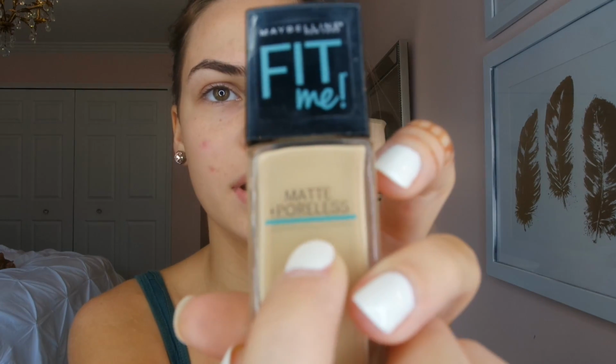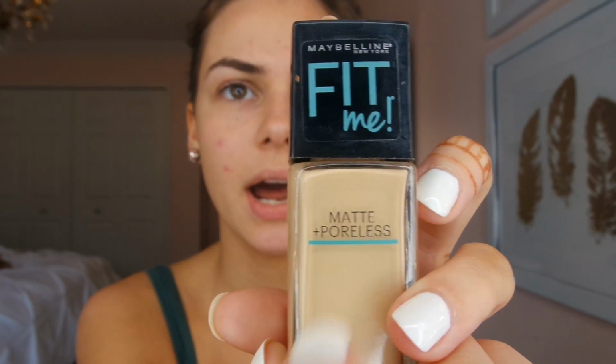And then another favorite, which I kind of put hand in hand, is from the drugstore. It's kind of like a dupe. This is the Fit Me Matte and Poreless. And don't be tricked, there are two Fit Me foundations. This one is the Matte and Poreless, and you can see it has the blue writing on it. Even though it says matte and poreless and then down here it says normal to oily skin, I do not agree with that. I think this is awesome for my super dry skin,